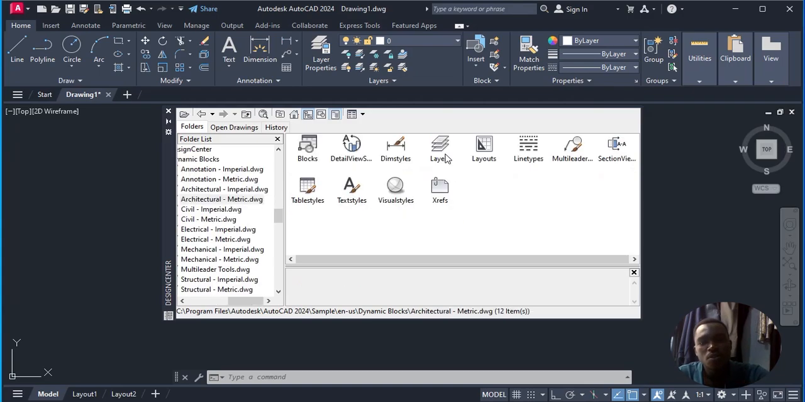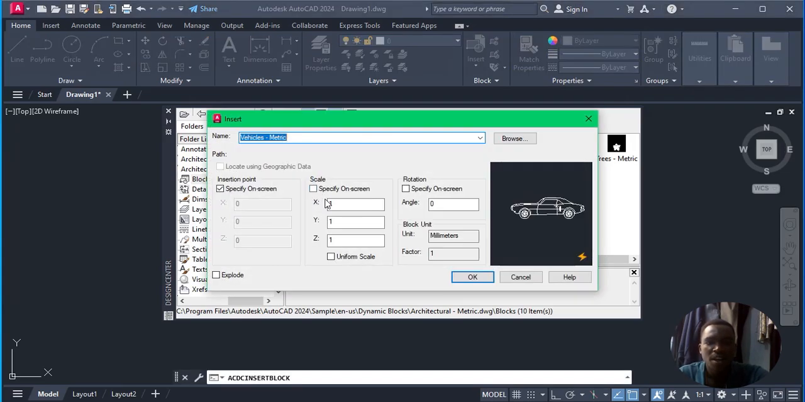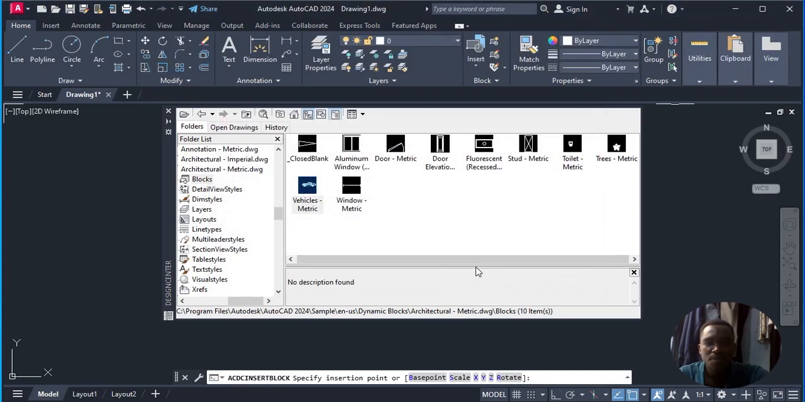So when I look for metric, I will look for blocks, and you shall see the ones which have come here. We have an aluminium door for elevation. We have a door metric. We have a door for elevation. We have a stud for metric. This one acts as a wardrobe. We have a toilet. We have trees. We have vehicles. So when I choose, let's say, a vehicle like here and press OK, I will bring